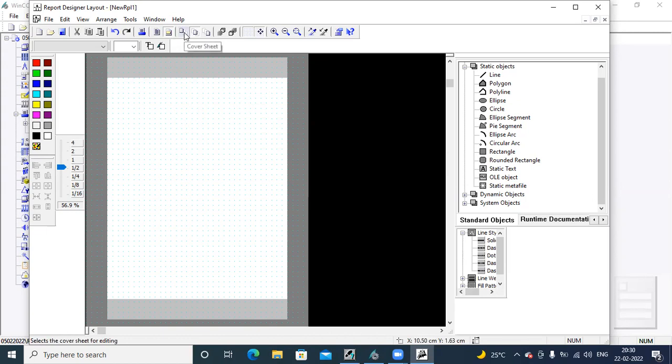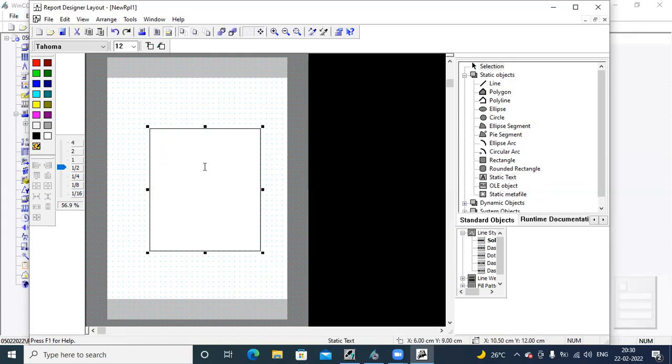First, I go to the cover sheet. To design our cover sheet, the first page, what it should be, and what part I want to design. Like we're having static part and dynamic part. So for dynamic part I want to design, I will select dynamic part here. From this window, I'll take static text here and drag it in the window. Like I want to generate alarm report. So I will select alarm report and type it here. Don't press enter, just select somewhere in the window.